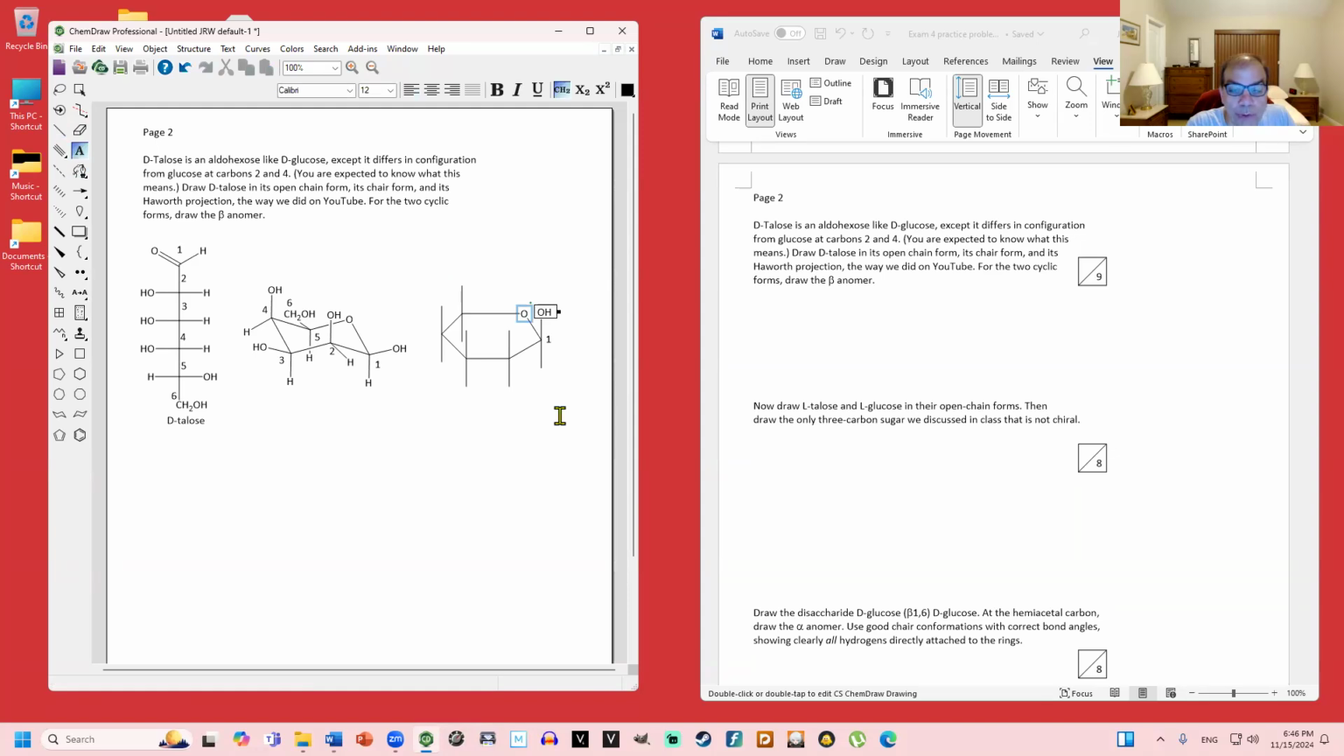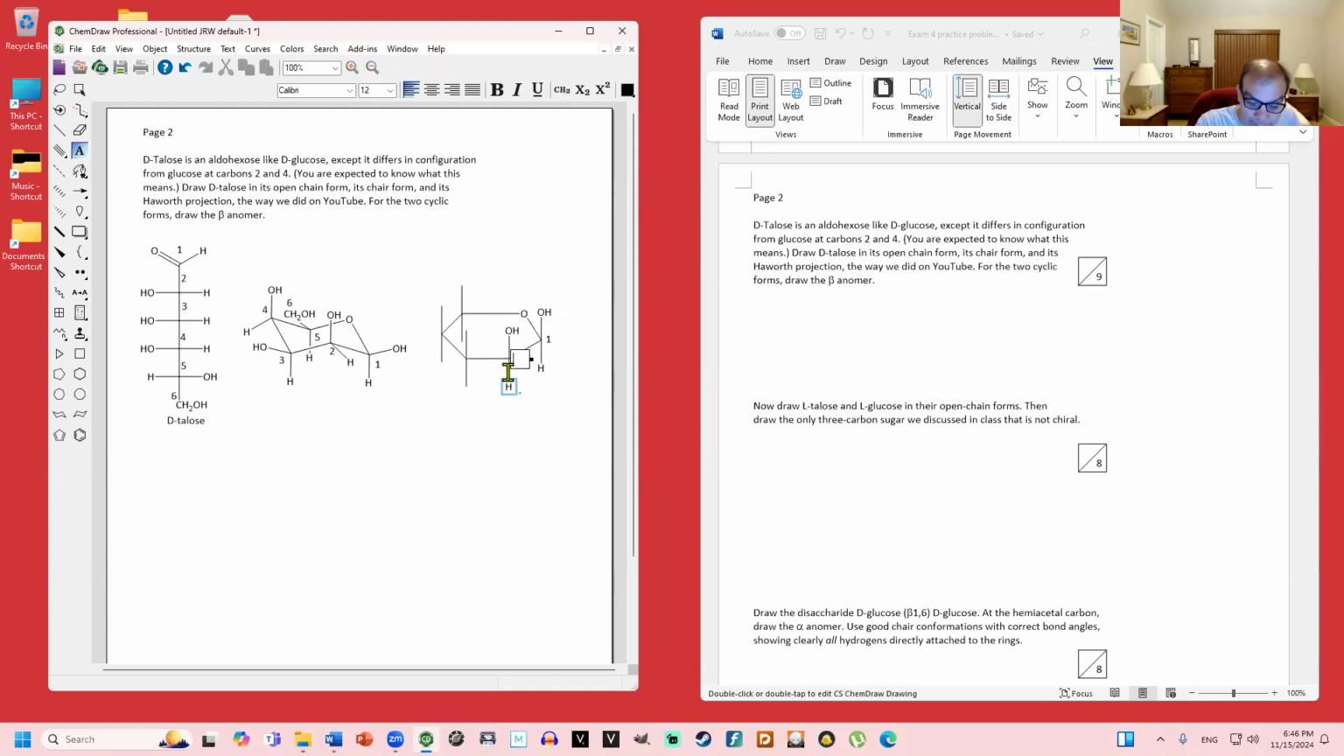and again, if you're ever having trouble telling whether a group is pointing up or down when it's equatorial, look at the axial group. That will clarify that for you. Whatever the axial group is, the equatorial group must be the opposite. If the axial group is pointing up, then the equatorial group is down. If the axial group is pointing down, then the equatorial group is up. So the OH in carbon 1 is pointing up. The OH in carbon 2